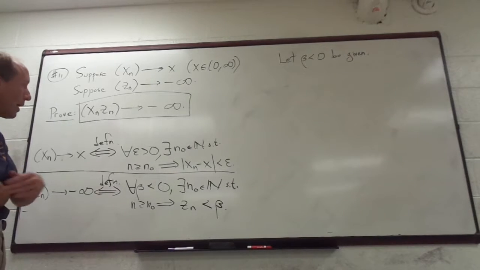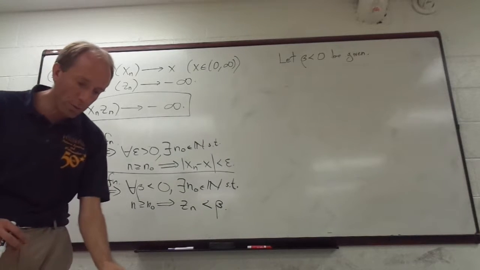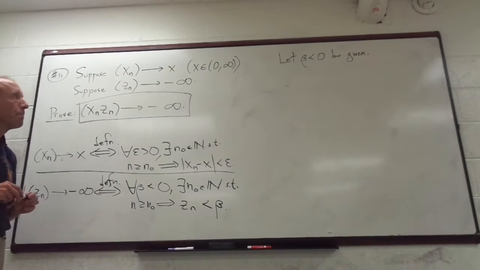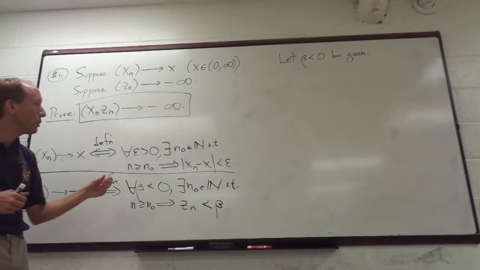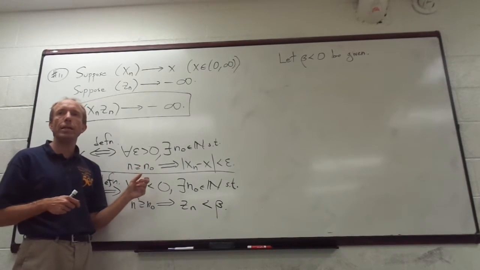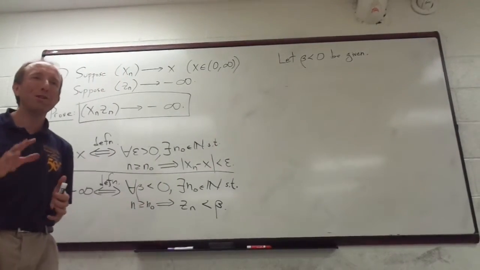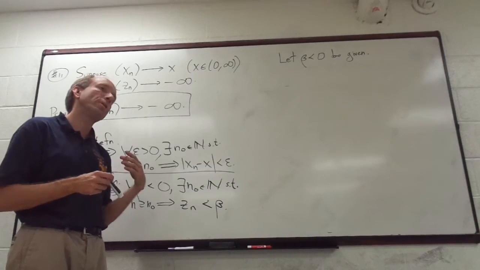So we've got two assumptions here, and we're going to need to work with both of those. Do we want to use the max of both of those? Once we find the two n naughts that we need, we're probably going to choose the maximum of those two. Whenever you're dealing with those deltas, you always go to the minimum delta. But when you're doing the n naughts,